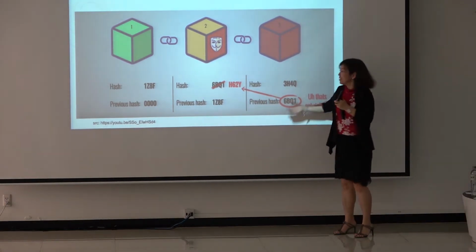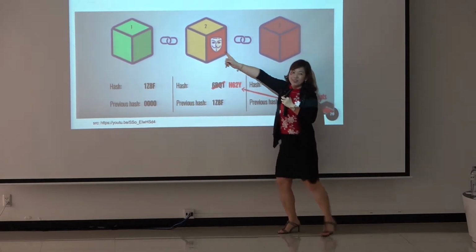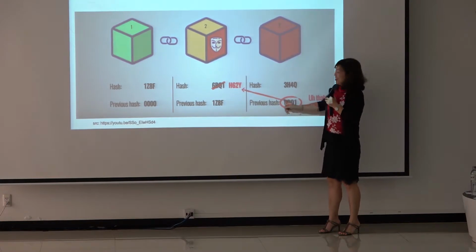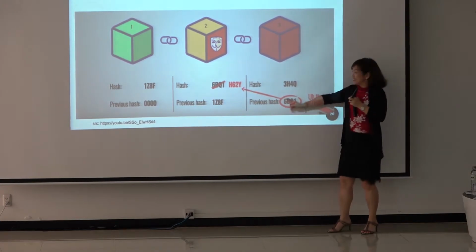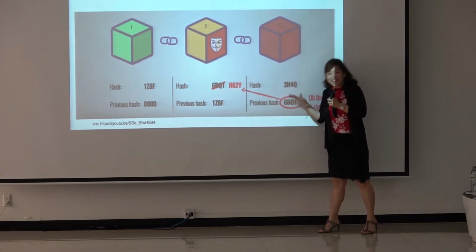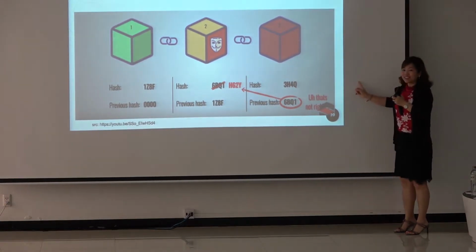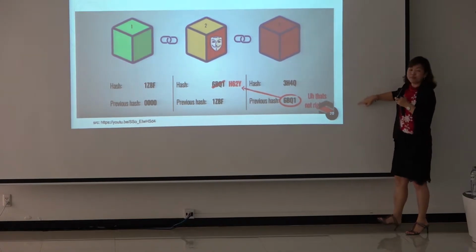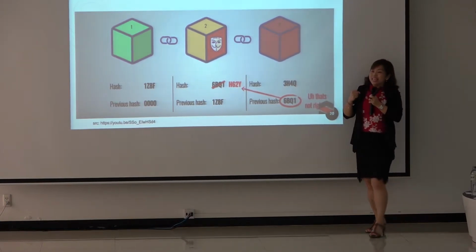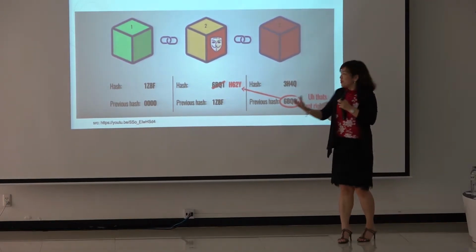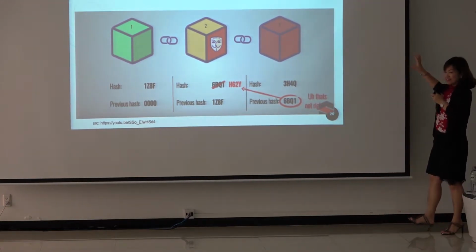It should become invalid. So what you can do, if you are this person, is you also need to change this. And if you change this to this one, what will happen? This hash will also change, definitely. And if this hash changes, what will happen? The previous hash of block number 4 will need to be updated or modified. So if you really want to do this, you need to control all the blocks in the chain.